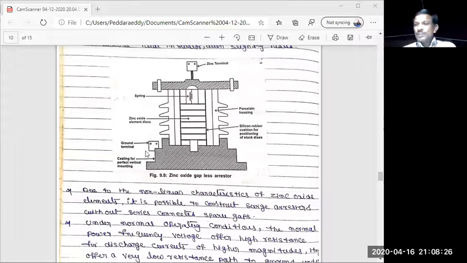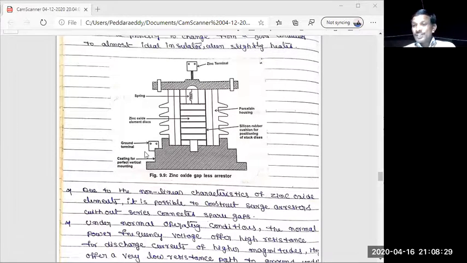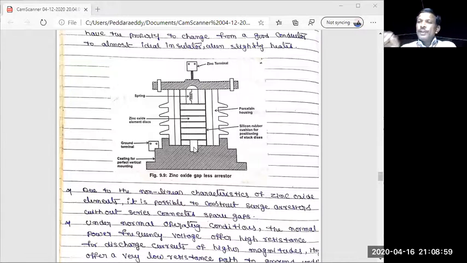Under abnormal conditions, or voltage surge or fault conditions, the voltage surge passes through the arrester. Why? Because under high voltages, the non-linear zinc oxide element acts as a pure conductor. Under high voltage or high current conditions, it offers very low resistance.